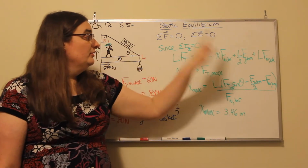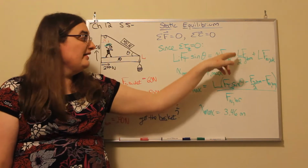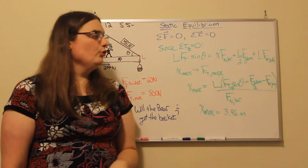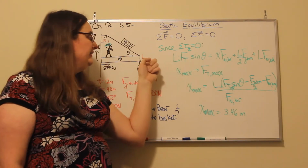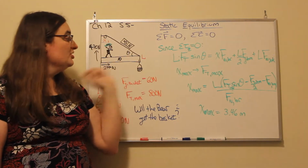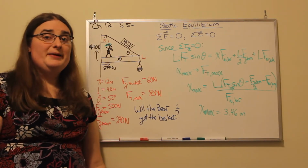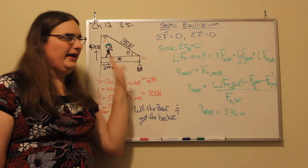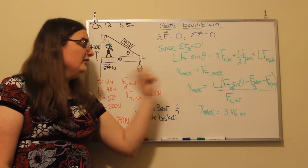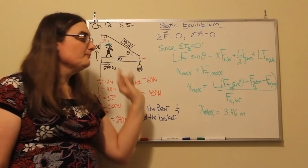It would also be the torque from the weight of the beam itself, which occurs at the center of mass of the beam, half the length of the beam, times the weight of the beam, and then the torque that we get from the basket on the end. Now the basket is producing a tension from how it's attached to the beam, so that distance is the length of the beam. The normal force would be the weight of the basket, essentially, again, horizontal 90-degree angles, so that would be 60 newtons. So to find our maximum distance, we'll let our tension be our maximum tension of 800